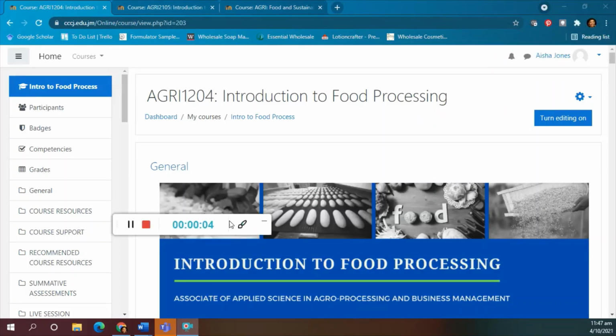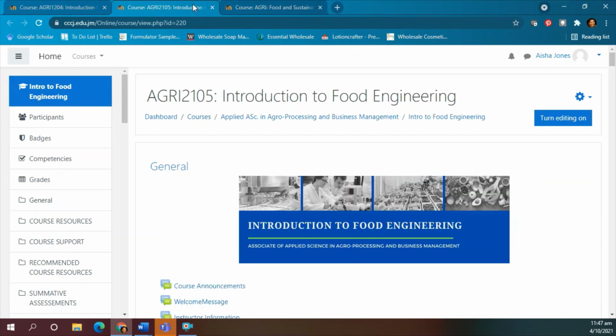We will be looking at examples of some of the key resources that have been provided as a part of the learning management systems for the courses developed for agroprocessing and business management. We'll be using 3 courses to show some of these different resources that have been provided. We'll be using Introduction to Food Processing, we'll be using Introduction to Food Engineering, and we'll be using